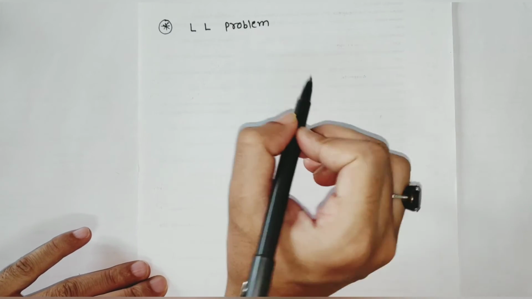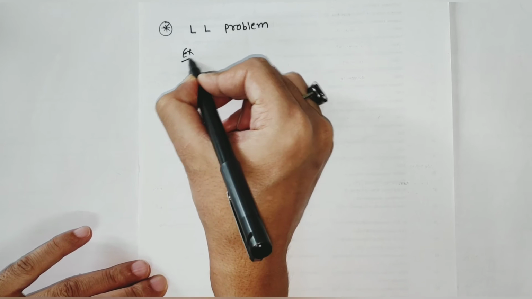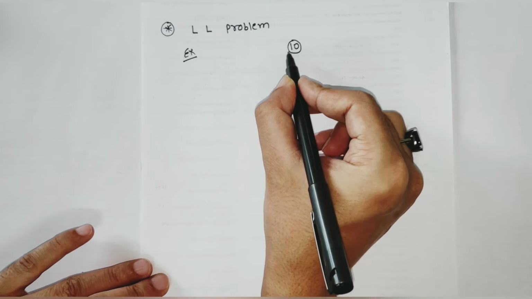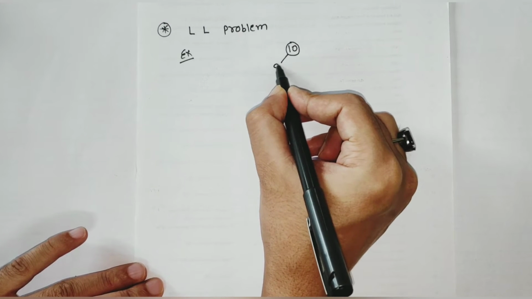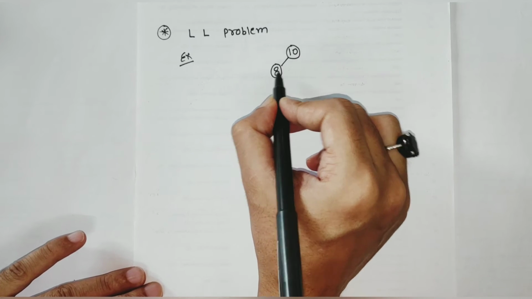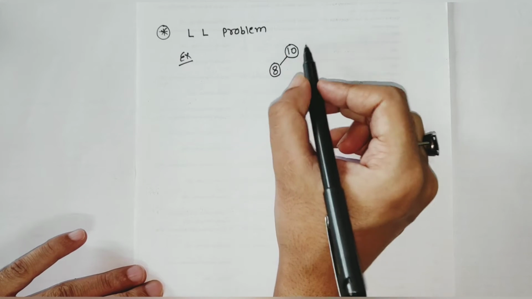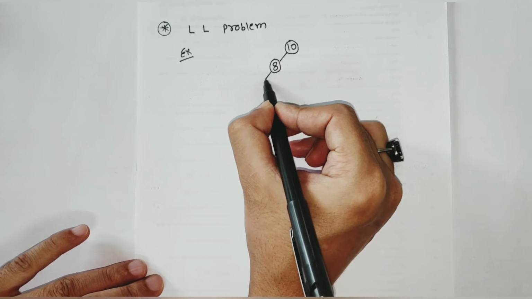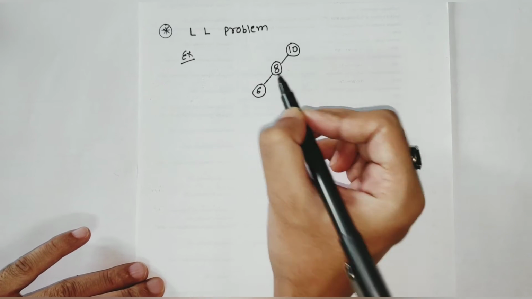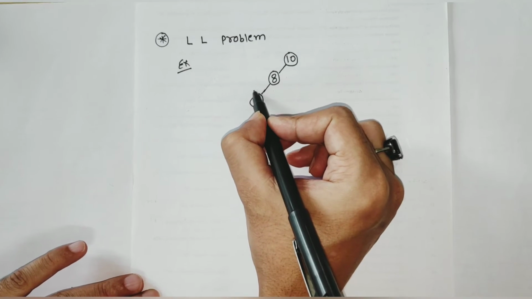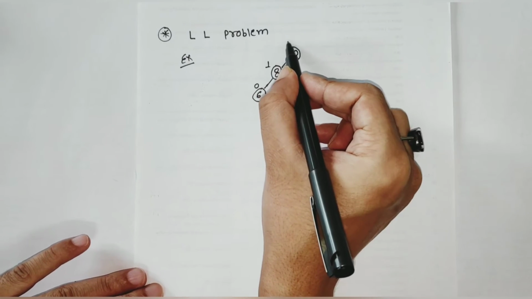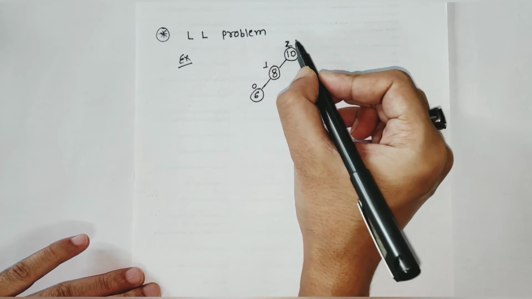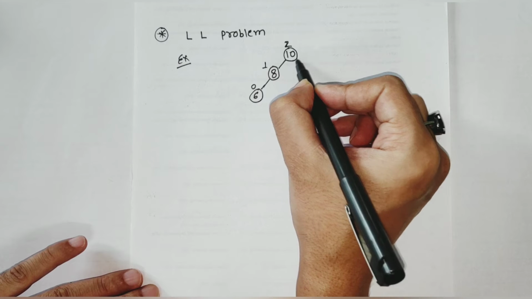So now let's see what the LL problem is. I will take a few examples. Suppose I have one node 10. After that I want to insert 8. So till now it is an AVL tree because the balance factor of 8 is 0 and the balance factor of 10 is 1. So there is no problem. But suppose I want to insert 6. Now if I want to find the balance factor of each node, then it is 0, it is 1 and it is 2. So now it is not an AVL tree. So it is facing a problem from here because the balance factor of 10 is 2.